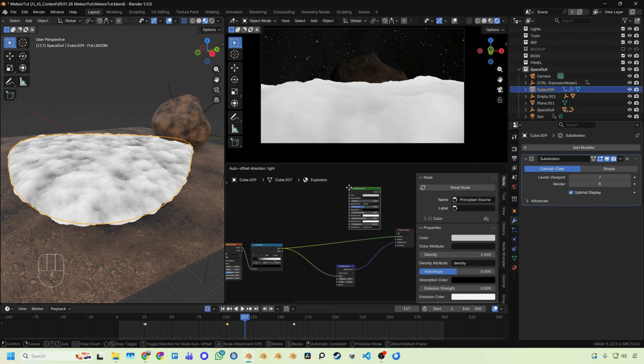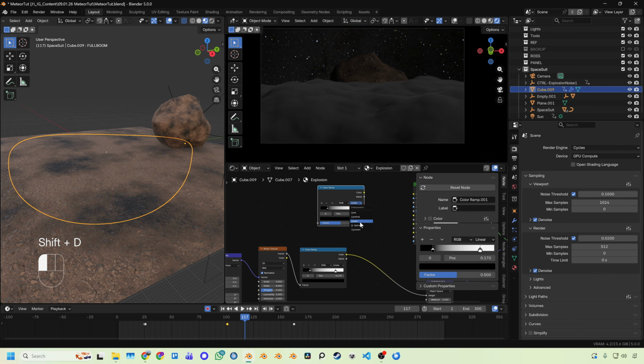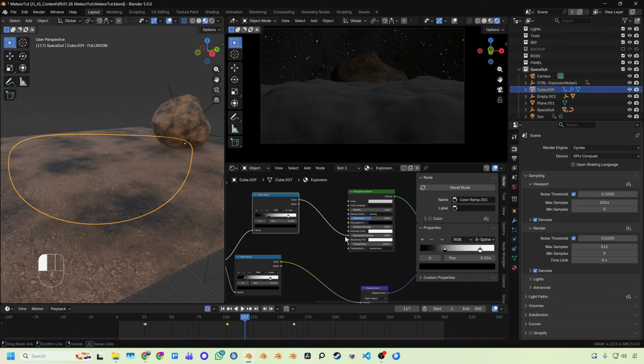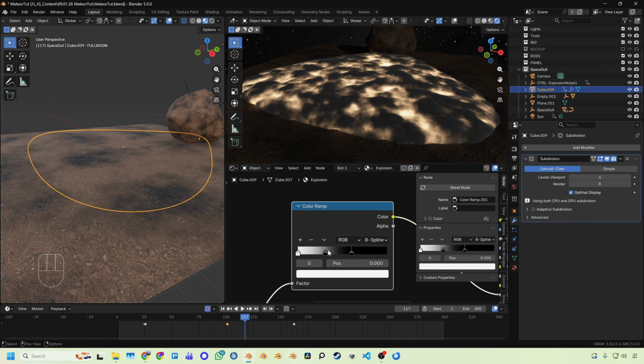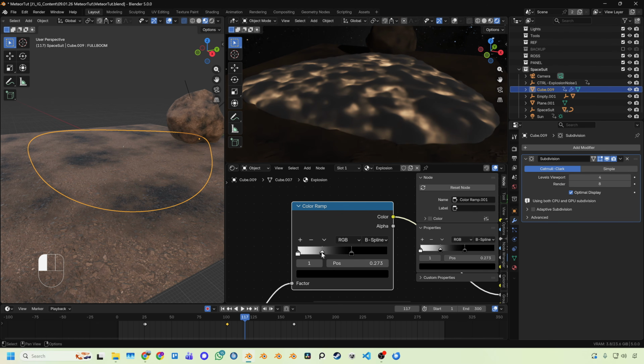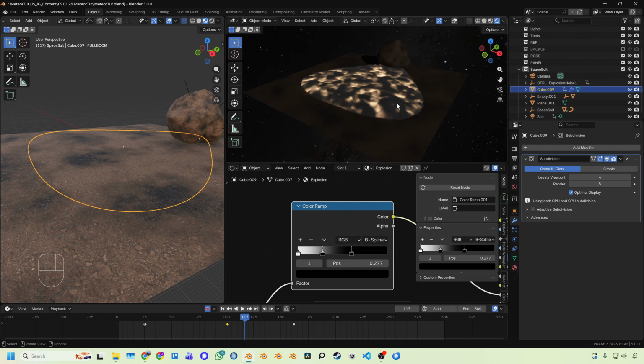But of course, this wouldn't be a solid object, so add in a principled volume. Make another ramp. Set this one to B-spline for better fall-off ramps. Give it a bit of contrast. And pump the result of this into the blackbody intensity. Change the temperature to 4000 Kelvin. Modify the color ramp to look like this, which gives the result looking like this,